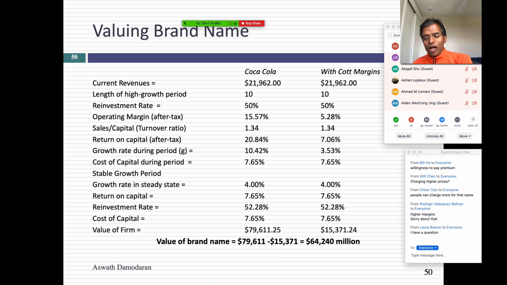Do you see what I'm saying? It's not just the best company. It's every company with margins. In fact, if you cannot find a generic company, what I would do is use the average margin for the sector. So many of you are valuing, I think somebody's valuing Monster Beverage. If you want to value the brand name in Monster Beverage, you can take the value of Monster Beverage as is and then replace your target margin with just the industry average margin. It's very rough and approximate, but you get a value for Monster Beverage's brand name.